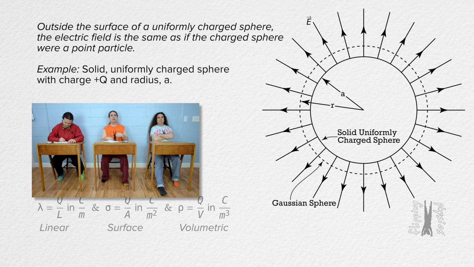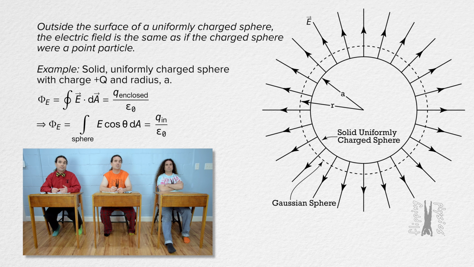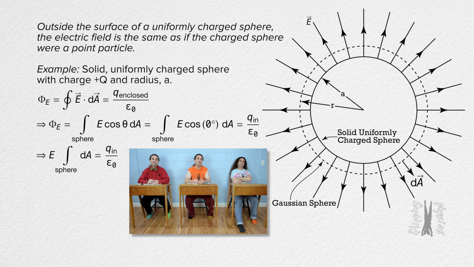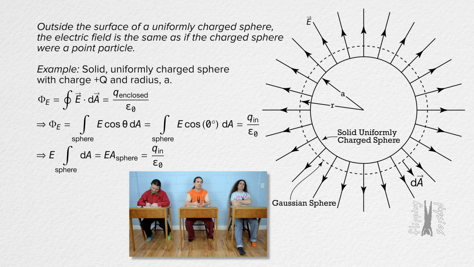Bobby, please. Okay. According to Gauss's law, the electric flux through the closed surface of the Gaussian sphere equals the integral over the Gaussian sphere of the electric field through the Gaussian sphere times the cosine of theta with respect to area. The direction of the electric field is always outward, and the direction of every infinitesimal area dA is also outward. The angle between those two directions is 0 degrees. The cosine of 0 degrees is 1. The electric field is constant over the entire Gaussian sphere, so we can take that out from the integral. The integral of dA over the Gaussian sphere is just the area of the Gaussian sphere.